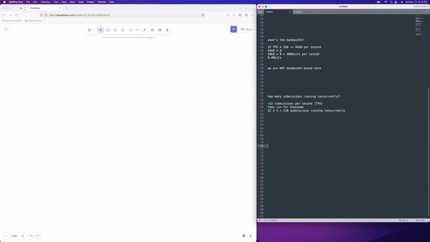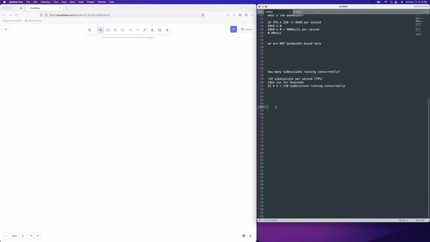How many machines would we need for processing all those concurrent submissions? So we have 110 submissions running concurrently. And I looked at the numbers for EC2 and what you're given in terms of the number of cores per machine. So an M5.2xlarge, this seems like it was a really commonly requested size when you're doing a horizontally scaled service